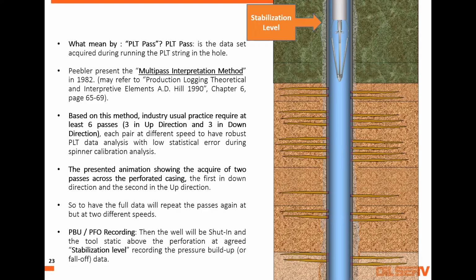Okay. If you have viscous fluid, you will need to use maybe temperature analysis to see the contribution, or a noise log. A noise log does not have a flow meter. Sometimes we use it to see where the exact location is, to confirm the flow meter.